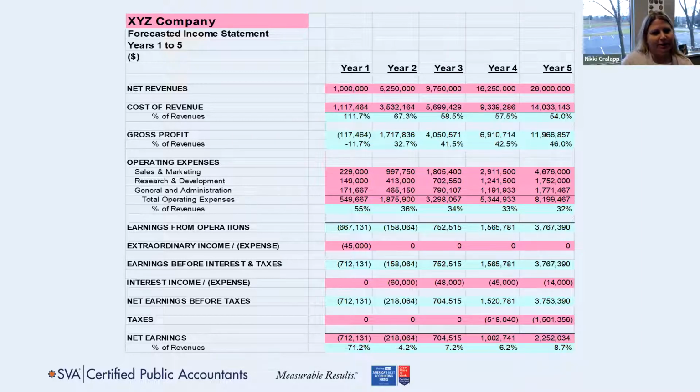So this is just a simple forecasted income statement. You will see, I'll show you an example of a budget later. This is a lot less detail. So again, it will not be as accurate because it's such a long time period. So if you don't know where to start, start somewhere here.